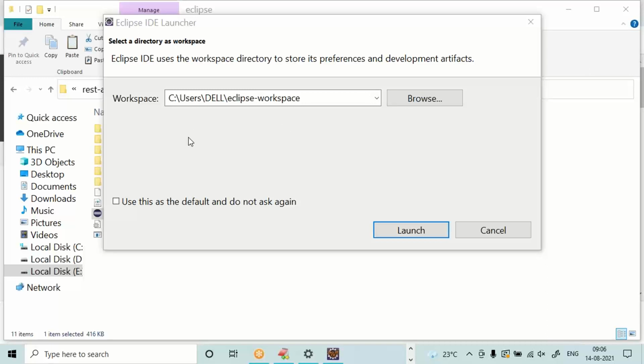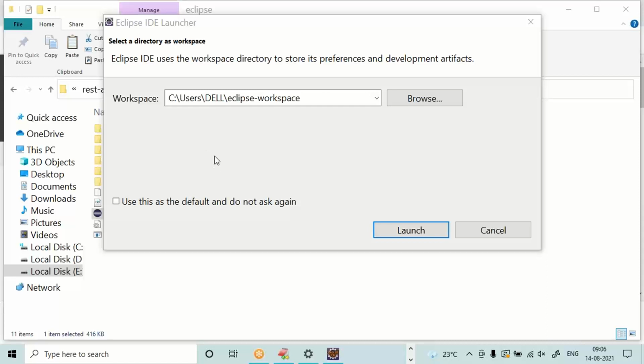Eclipse is asking, what is the workspace? The location where you want to develop applications. By default, it is taking C drive, users folder, user folder, then Eclipse workspace.